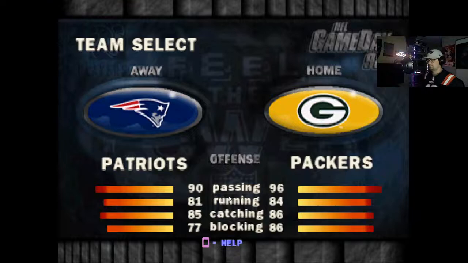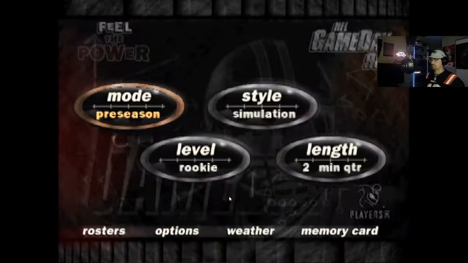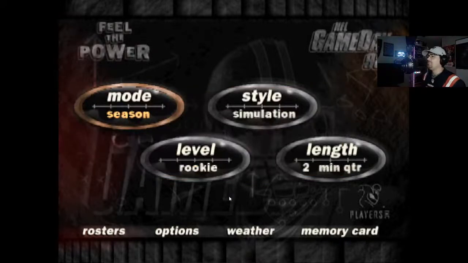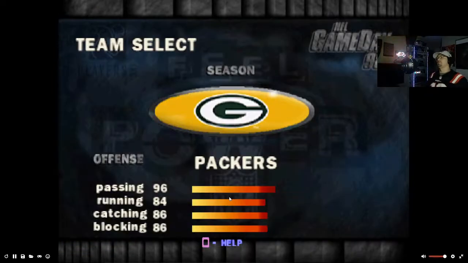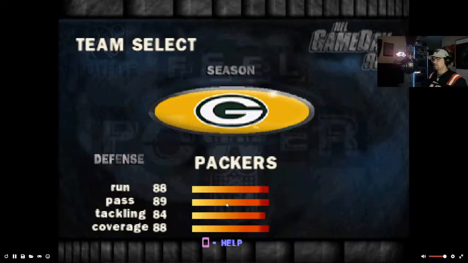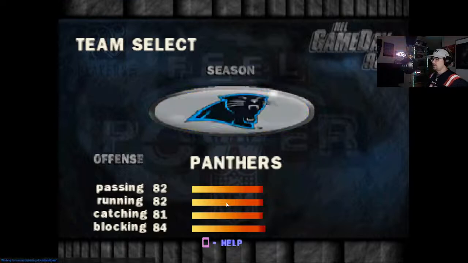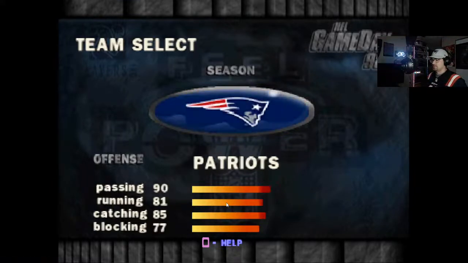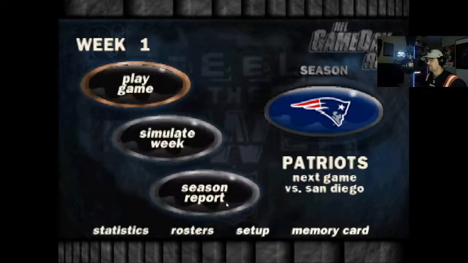Okay, so let me see real quick because I want to see a season mode. We'll change our team. We'll just pick the Pats. Oh, okay. Well, I guess I figured that out.